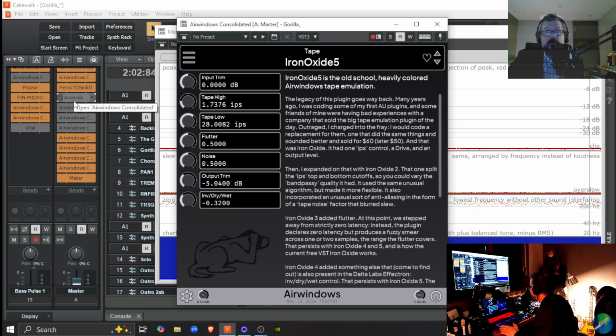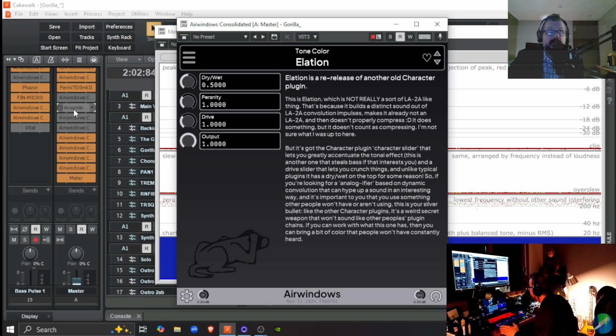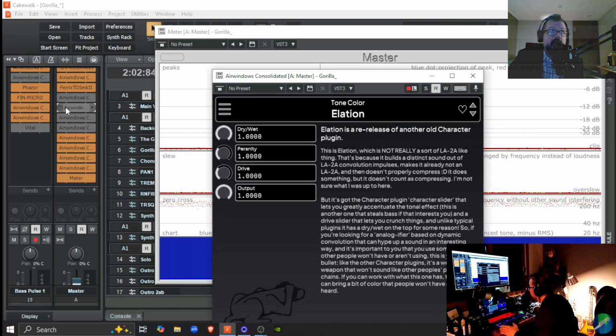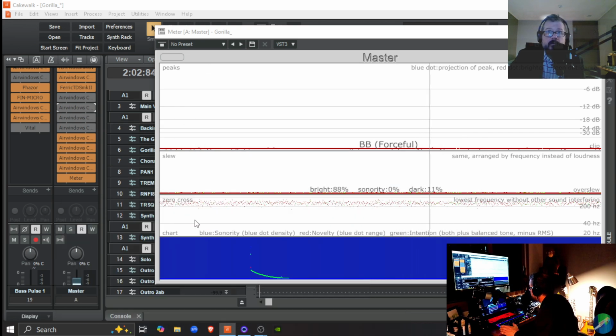Iron oxide is the first one. The second one is called Elation. I am going to start Elation at dry/wet of 1.0, maxed out. And when I engage this one right here, the second gray box, Elation, please watch the bright percentage.